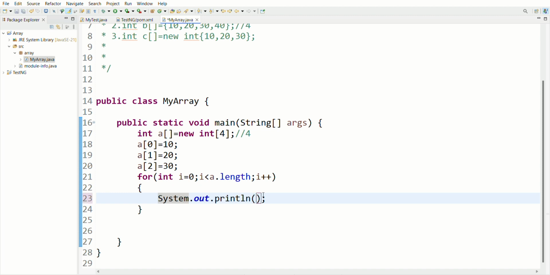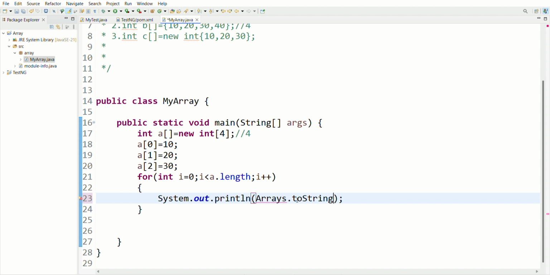So I need to write Arrays.toString. We don't need the address, we need the elements.